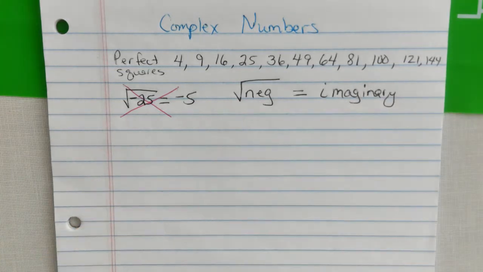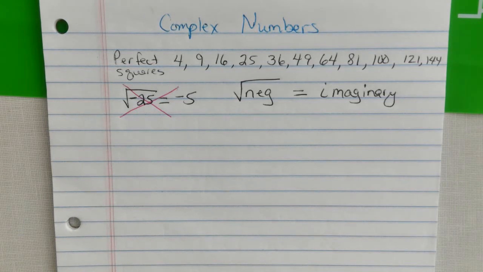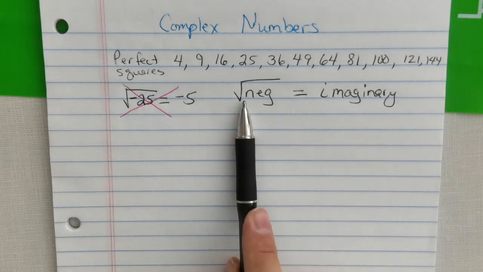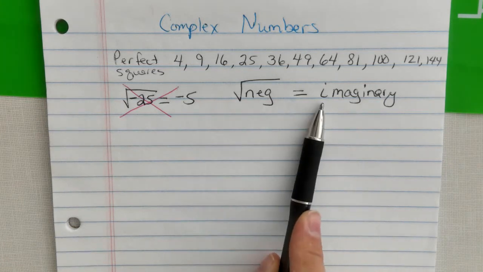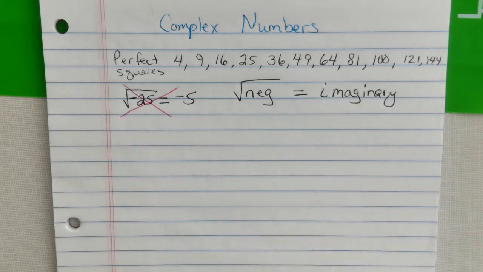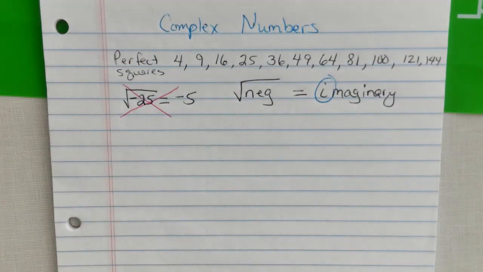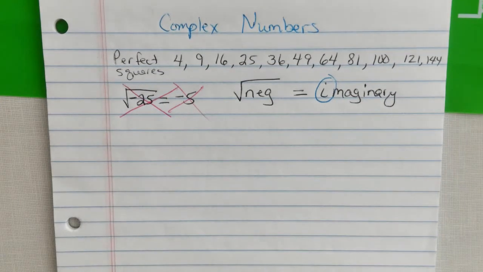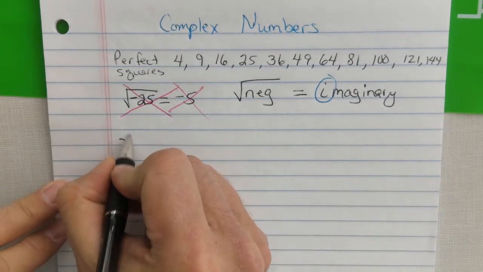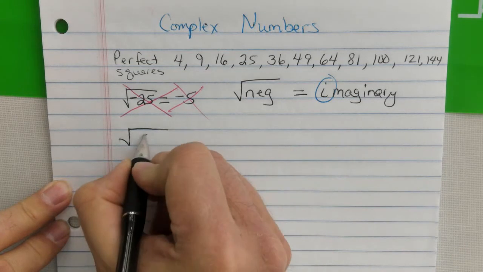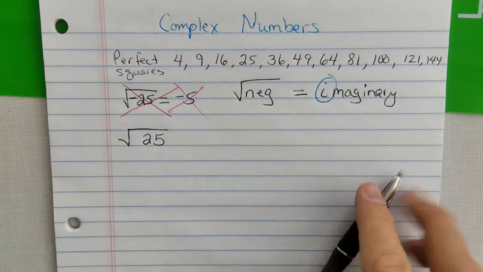So, this is something I'm not assuming you've seen before. The square root of a negative. We're defining the square roots of negative numbers as imaginary numbers. And we're going to denote an imaginary number with that lowercase letter i. So while this statement right here is wrong, let me write it out correctly now. If we have the square root of negative 25,